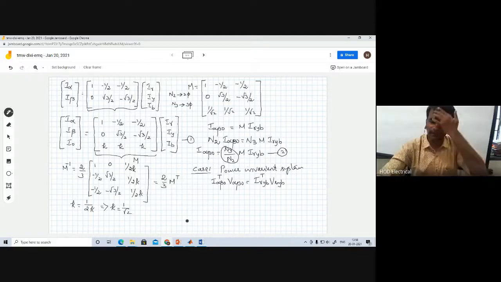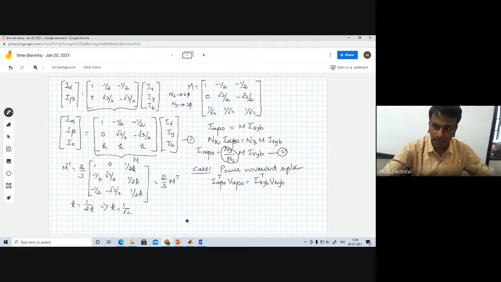We can write it as... now we can substitute this second equation here into I alpha beta naught, in 3 by 2. So now I am taking only the power invariant transformation. So this is the value. Now I am going to substitute I alpha beta naught from the second equation. So we have N3 divided by N2 M into I R Y B whole transpose into V alpha beta naught equal to